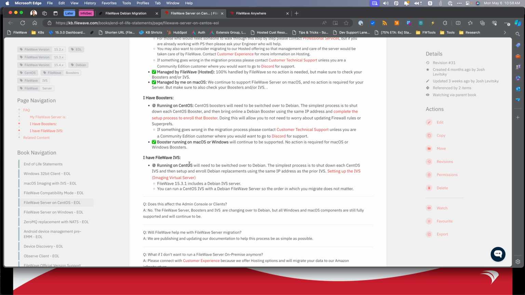For IVS, Windows imaging only ever existed on CentOS. So because CentOS is dead, you have to stand up a Debian replacement. And so there's an action to take. So I put a little gear where there was an action to take. And this was the KB article that was linked to from the email that I've sent, 2 emails so far